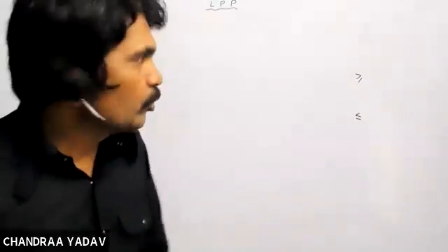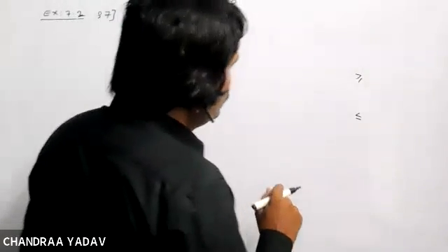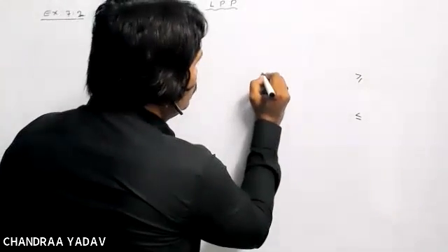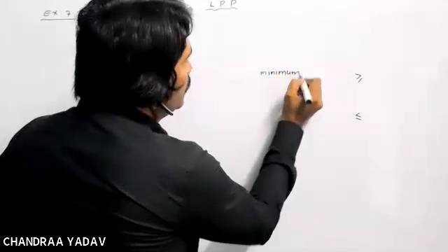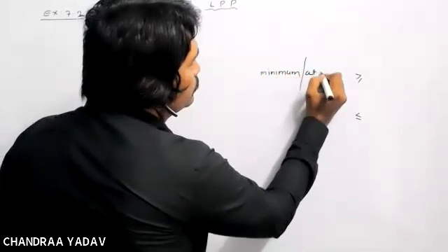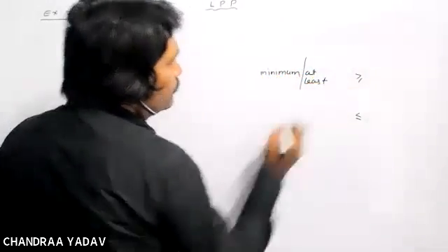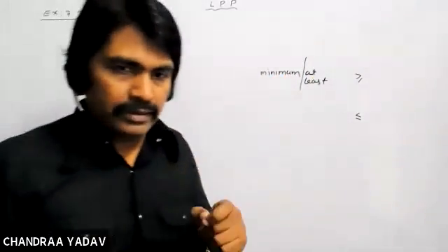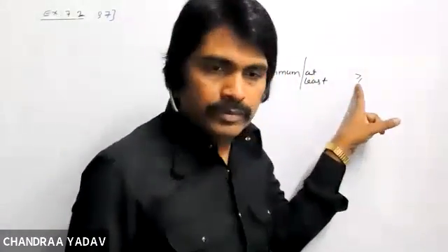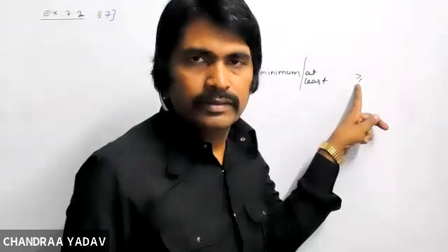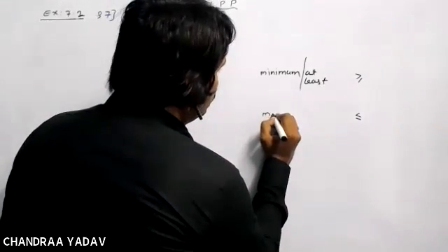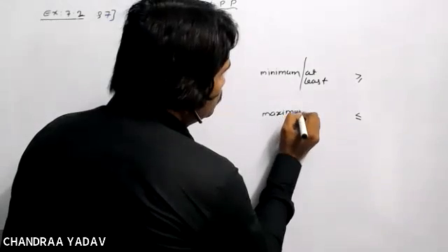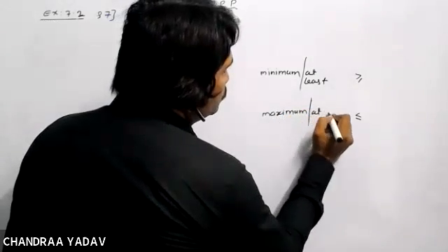If you get the term minimum or at least in the question, it means we are supposed to apply this sign. Is it clear? Are you getting my point? Yes, sir. On the other hand, if we get the term maximum or at most,